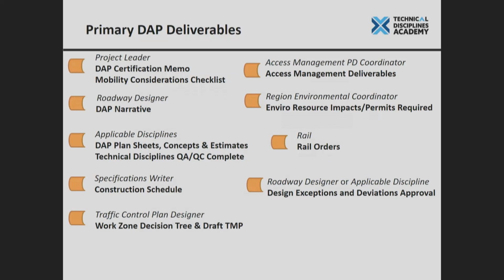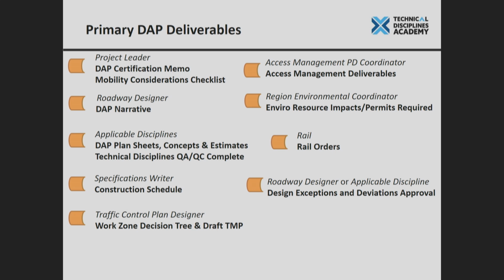Now, it's not saying that everything has to be 100% complete, because it's very rare to have one project that's 100% complete. You might have some things that are missing, but you've got a good mitigation plan that you're going to go through in order to address that issue and make sure that it's resolved by the time we get to PS&E. So that's kind of the high-level view of the DAP acceptance process.